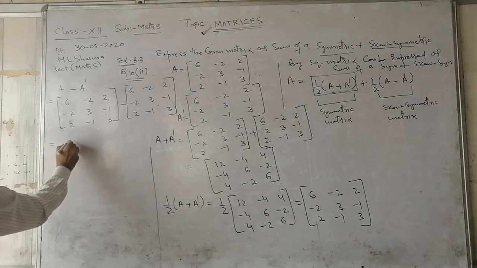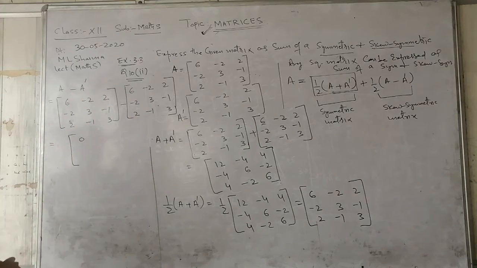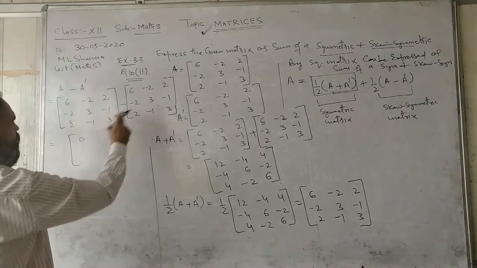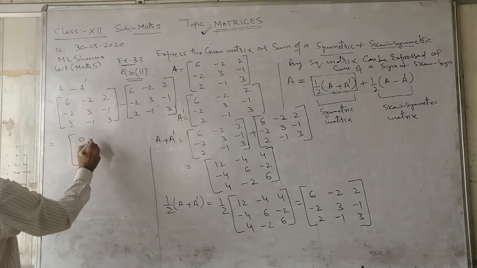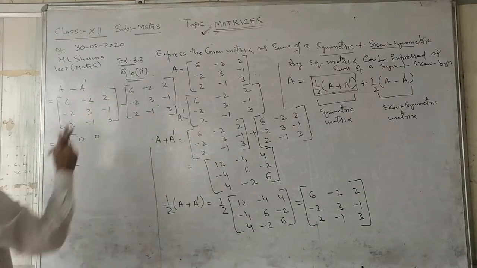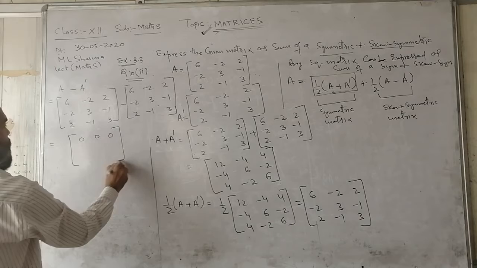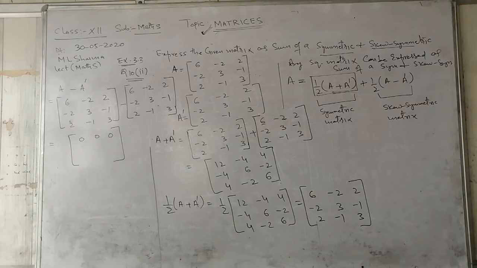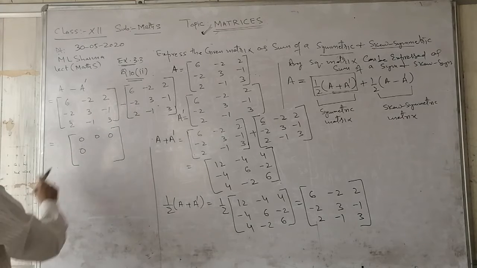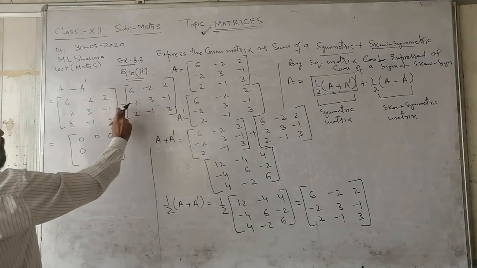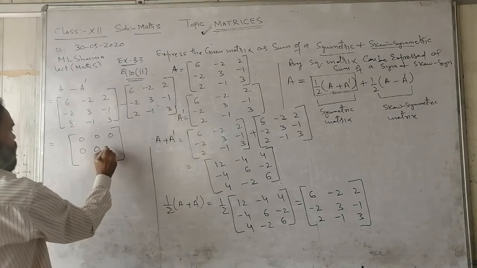So this will equal to the matrix 6 minus 6, 0 here. Here is -2, and -2 minus of -2 will become plus 2. So -2 plus 2, it will give 0. Again 2, and here -2, so 0 here. So in row second, here is -2 and here is plus 2. Again 0, 3 positive here and 3 negative here. So again 0, -1 here and plus 1 here.